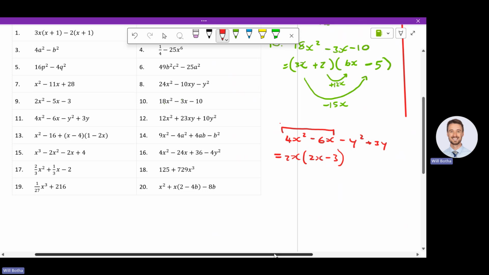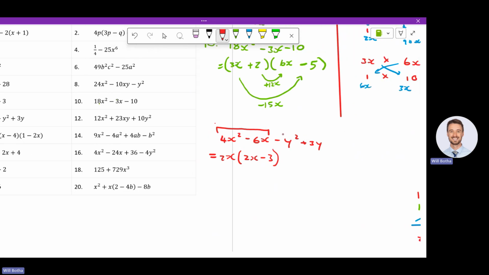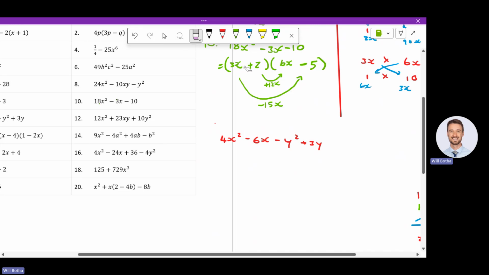Now, hopefully, when we factorize the next few, we get a similar bracket. Let's see. There is a y, but I'm going to factorize something more. I'm going to factorize a negative y. I'll show you now. Because then I'm left with positive y minus 3. And I was hoping that these brackets would look the same. Do they? No. Am I going to panic? Am I going to start sweating and start thinking I'm wasting my parents' money? No. I say, okay, let's reshuffle them.